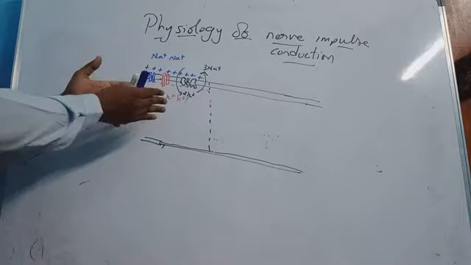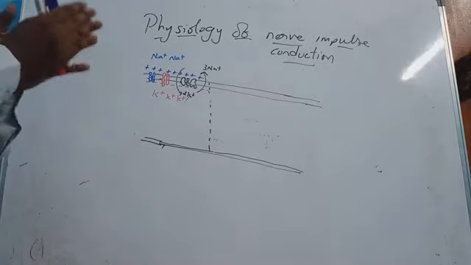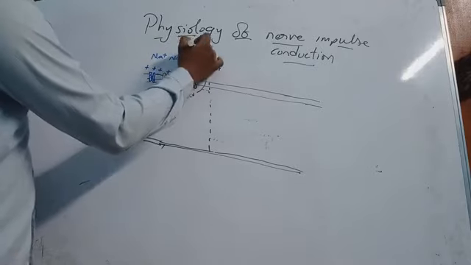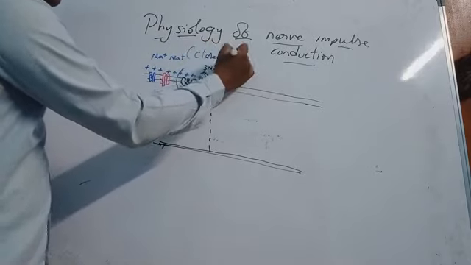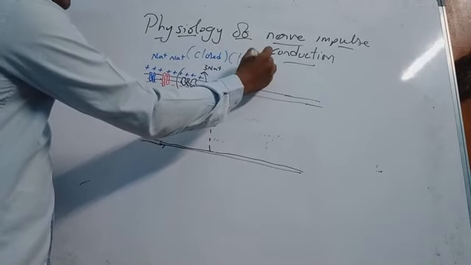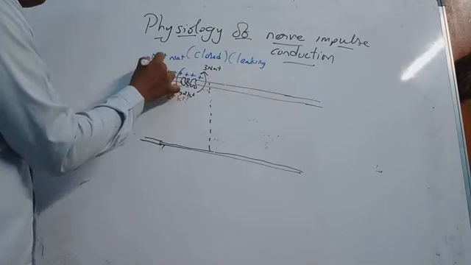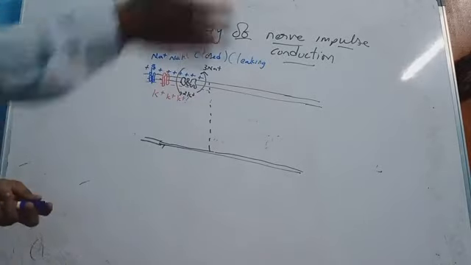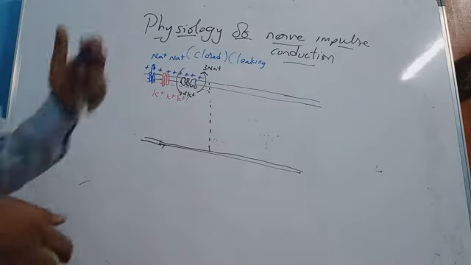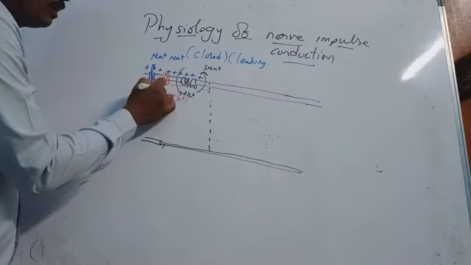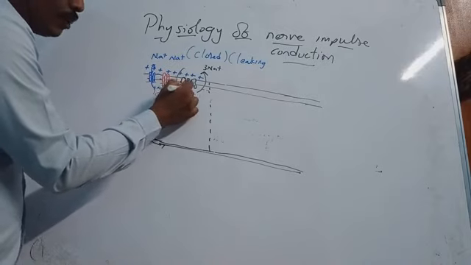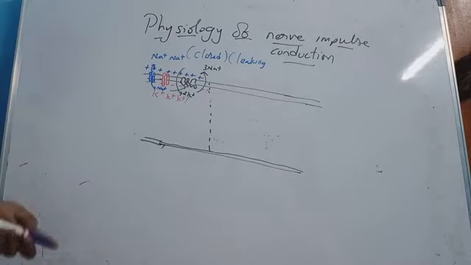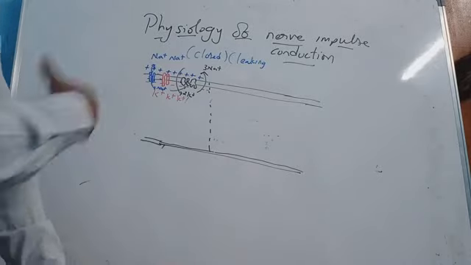So potassium ion channels are always active and permeable. Sodium can only leak. Remember, sodium channels are not closed here. They are leaking. That means you can leak a few, 1 or 2 sodium outside, but you can't confirm it. All the sodium will not go out, or all the sodium will not come in. So there will be leaking of some sodium, which is again sent out by the potassium sodium ATPase pump, which uses energy. Obviously, the name itself says it uses energy.